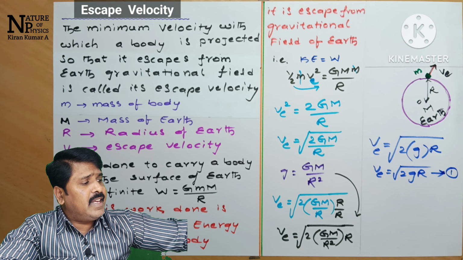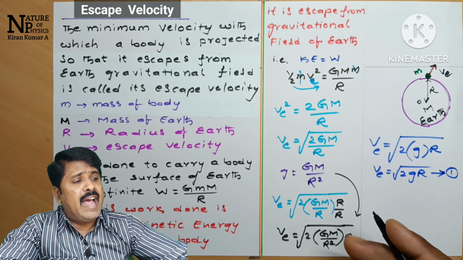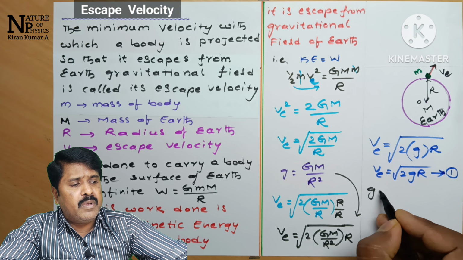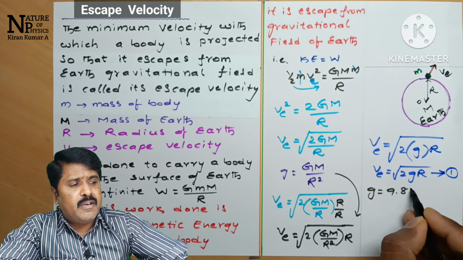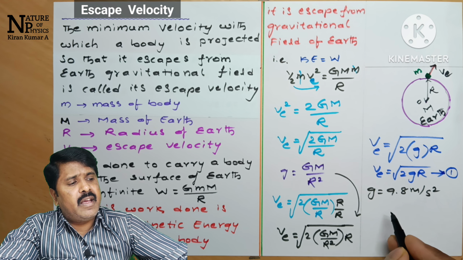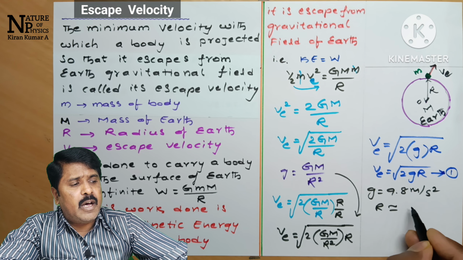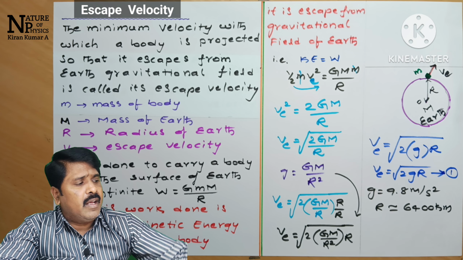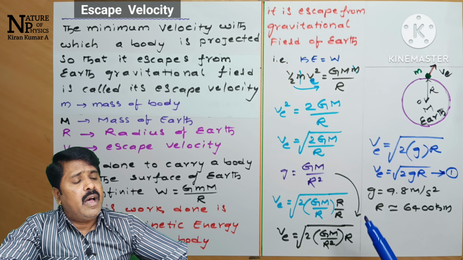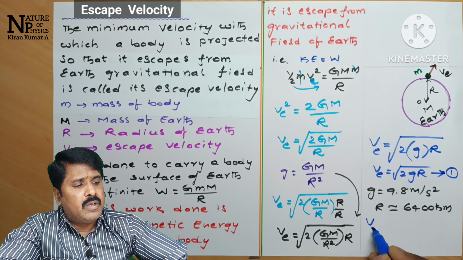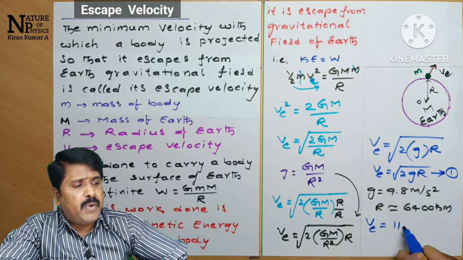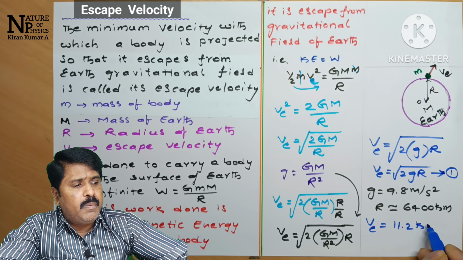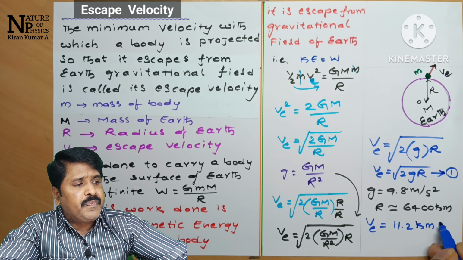In this equation, replacing acceleration due to gravity, 9.8 meters per second square, and the radius of the earth, approximately 6400 kilometers,